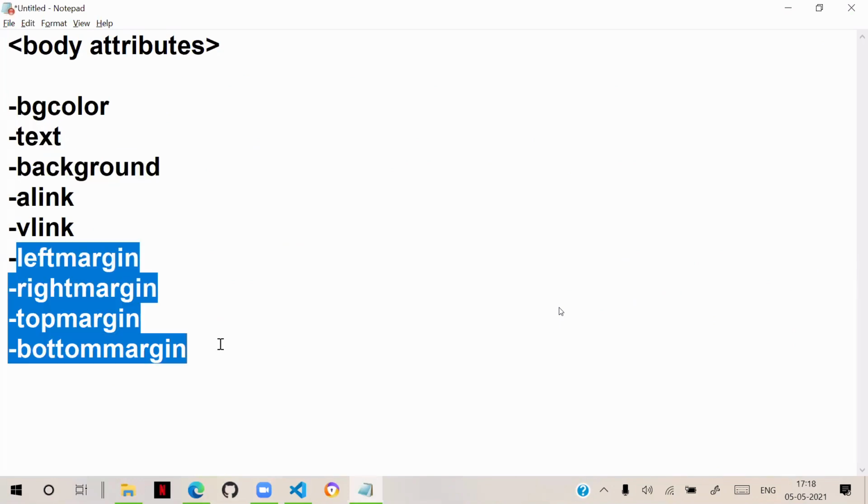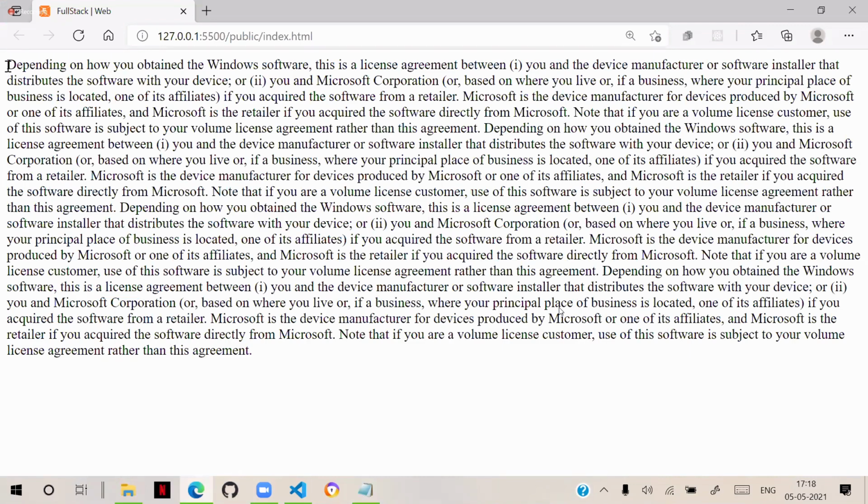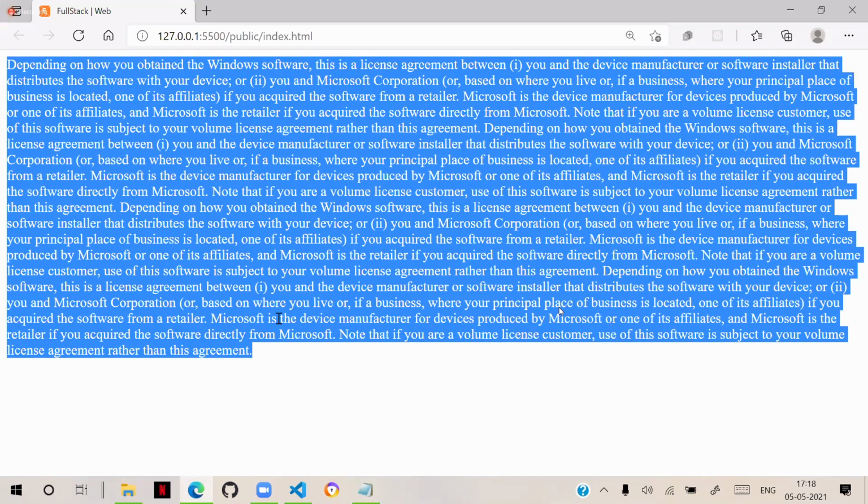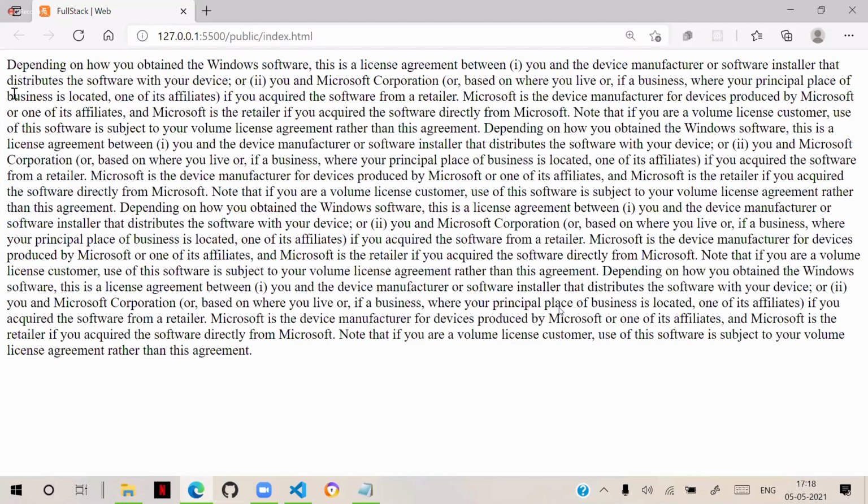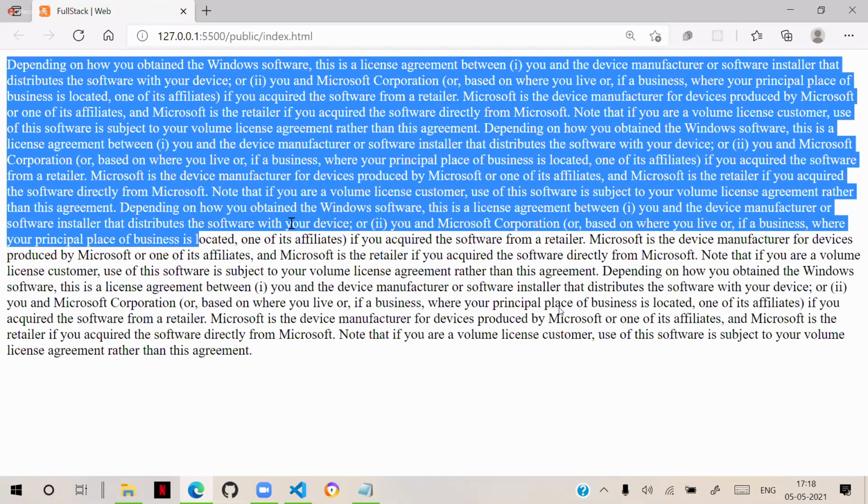We also have margins: left margin, right margin, top margin, bottom margin. You can observe here that the page content is exactly on the border of the browser. I want some space from the top and some gap from the left. I don't want it exactly on the border. Then you can do that.